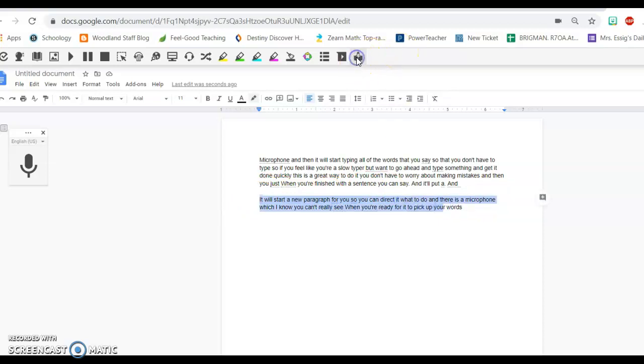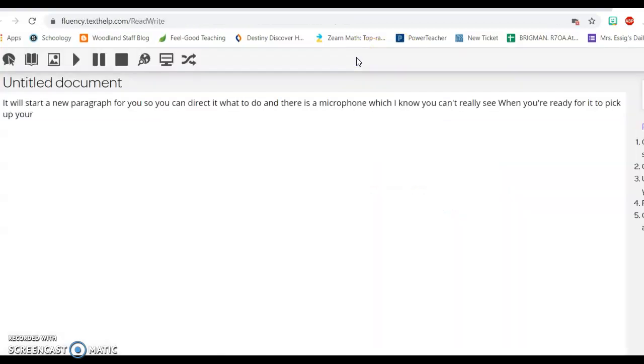Would it read it to me? No. Okay. Well, I think that was for a read aloud if you were looking at a book or something. Anyway, there's some tools on here that I haven't quite used yet, but it is a super cool app to use, and I really want the kids to take advantage of it,